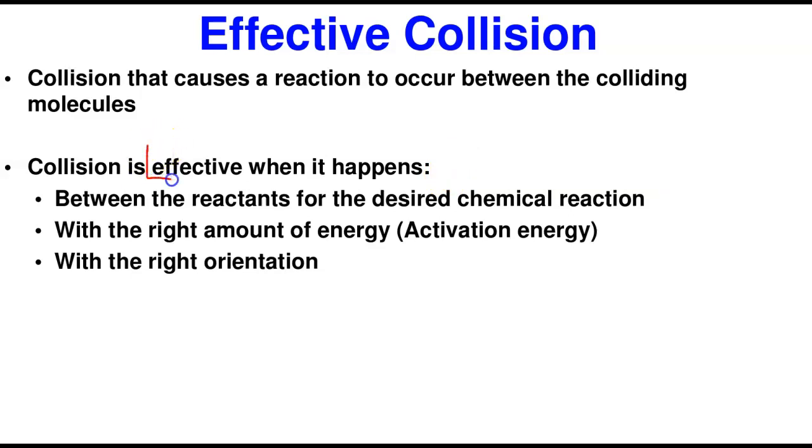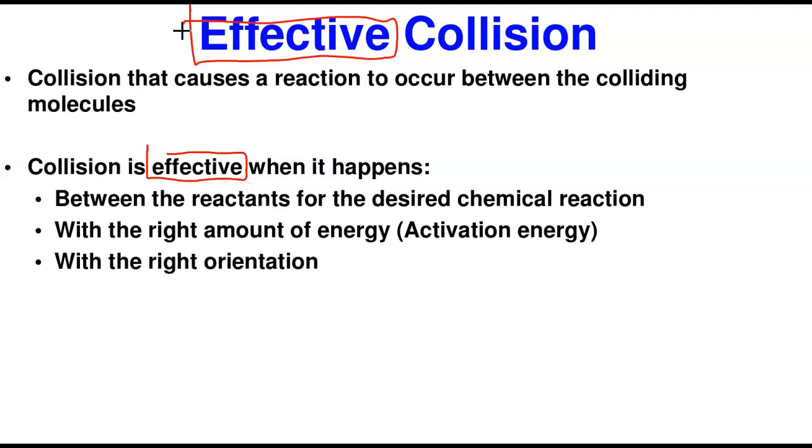That collision is said to be effective. So if the collision is not effective, it doesn't make any sense, the reaction is not going to occur. And for a collision to be effective, what happens? Now, number one, there must be reactants must have